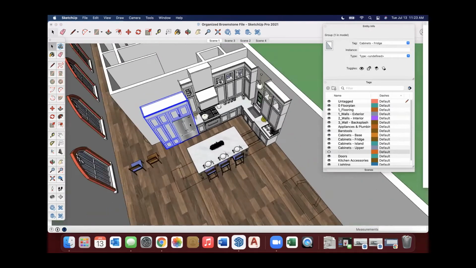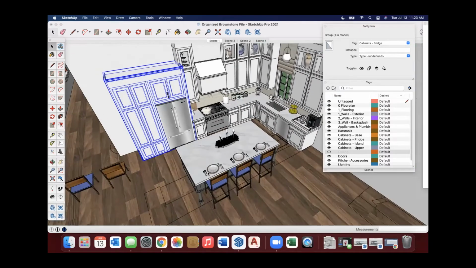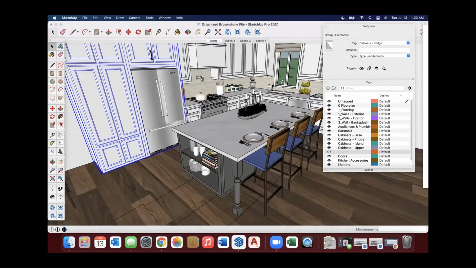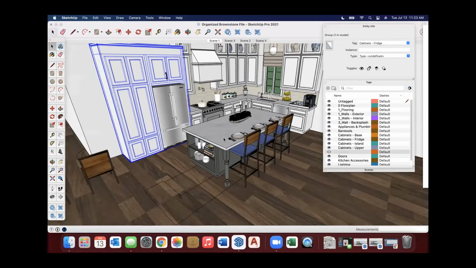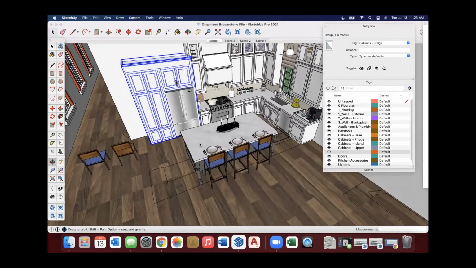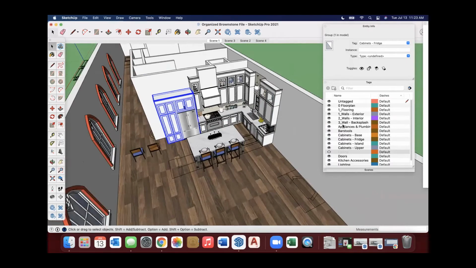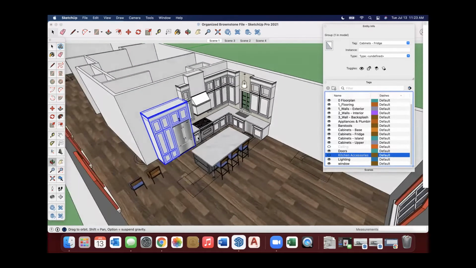Sometimes I don't want to put all the cabinets on the same layer. I'll have base cabinets, fridge cabinets, or pantry wall, because the kitchen might be complex and there's a lot. The island is often its own setup. And then things like this with plates, accessories, books, that's what we call entourage or accessories. Those you definitely want to have on their own layer. So for example, I have kitchen accessories, and when I click that, they all turn off.